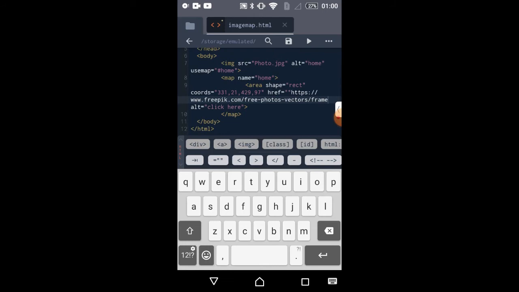As you can see, the web page link URL has been pasted here. After that, just click on the save icon. As you can see, the message appeared as saved. After that, I'm clicking on the play button.